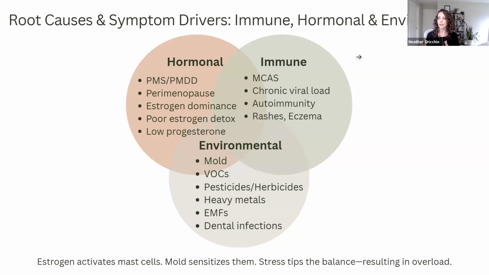And that's how I know that there's an issue with the liver excreting that estrogen properly, likely some genetic mutations and/or a consequence of having mold toxicity, which we know is going to negatively impact liver detox. And then low progesterone goes hand in hand with that. So when we're thinking about evaluating the immune system, with mast cell activation, that is